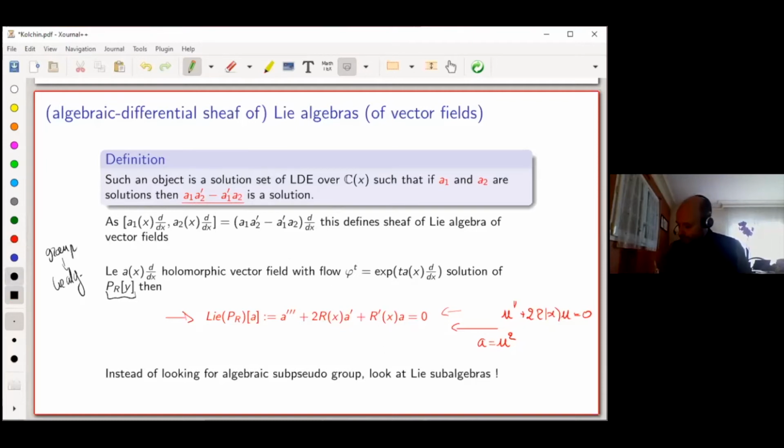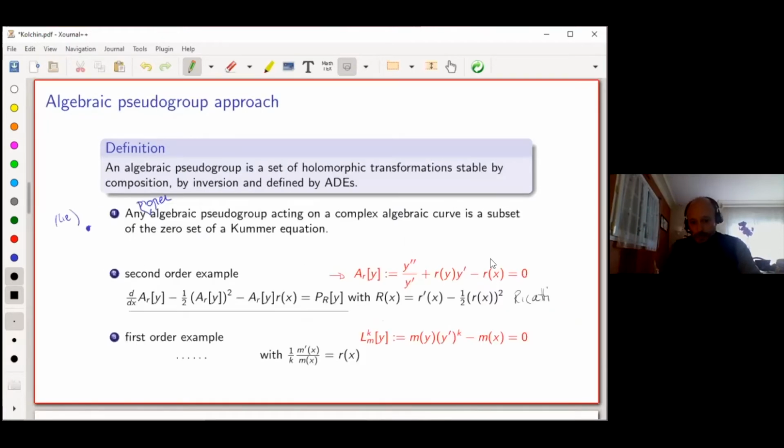So you can do it properly, looking at a second order equation that defines a subspace of solutions stable by this operation, order 1, etc. And then in each case, you will just find the Lie algebra of one of these pseudo groups here. So here is in fact the list of all the pseudo groups included